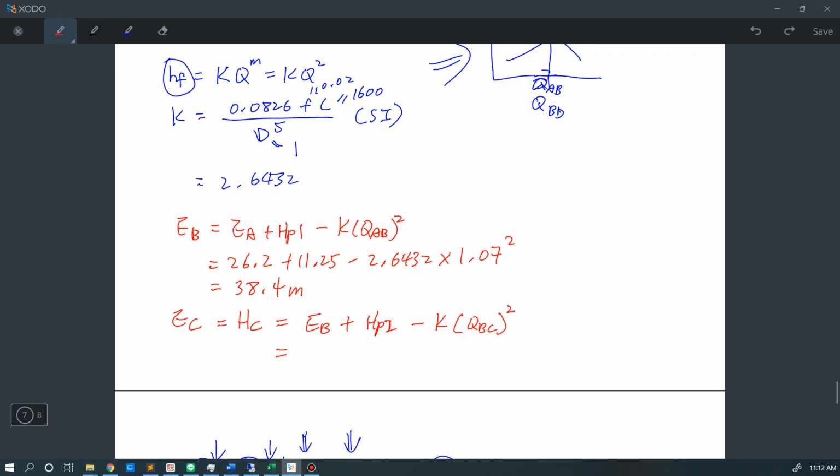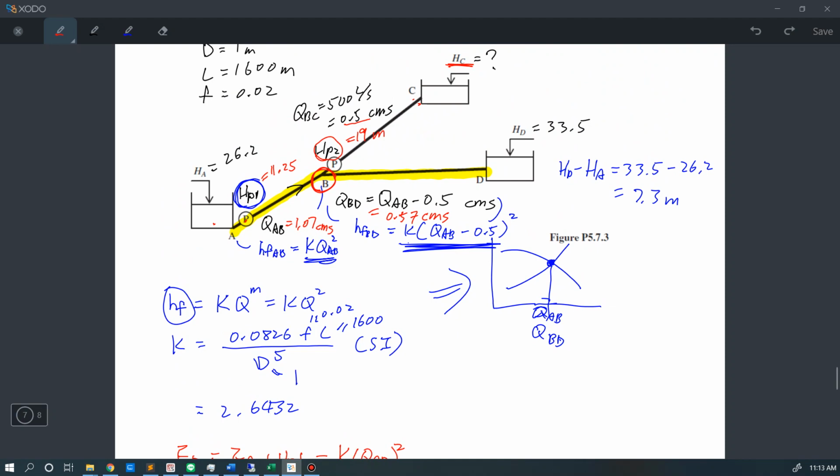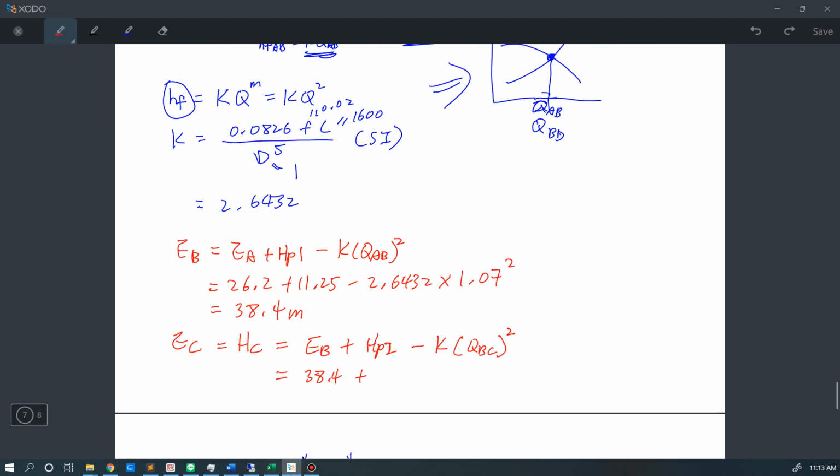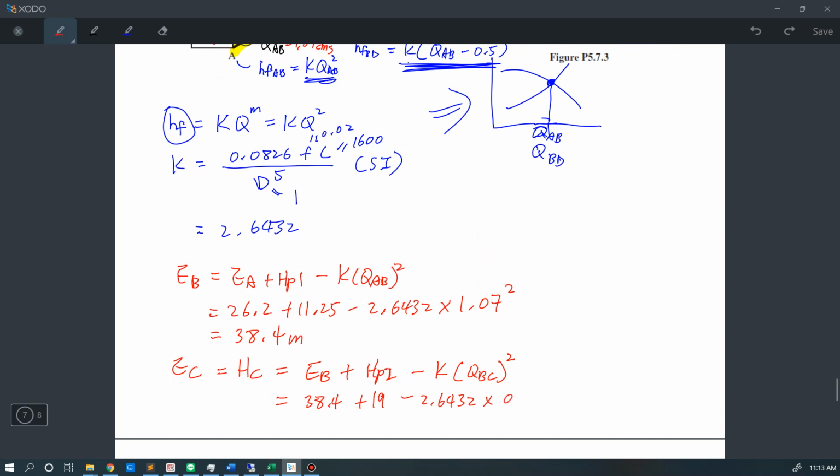And we know that EB now is equal to 38.4 plus the energy provided by pump 2, that's equal to 19 meter, minus the friction losses 2.6432 times QBC. QBC is 0.5 to the power of 2. Then we can get